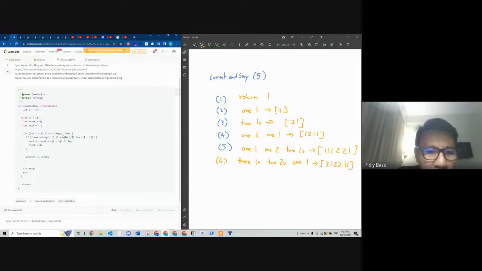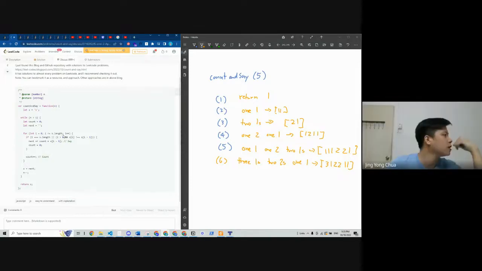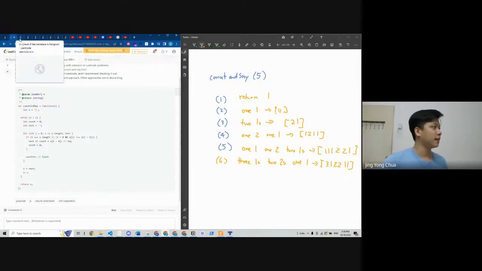Oh, this one they use recursive, eh? Yeah, okay lah. Guys, I think we come back to this when we are at a better level.